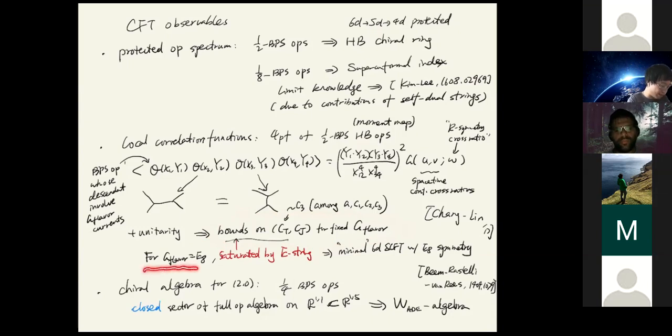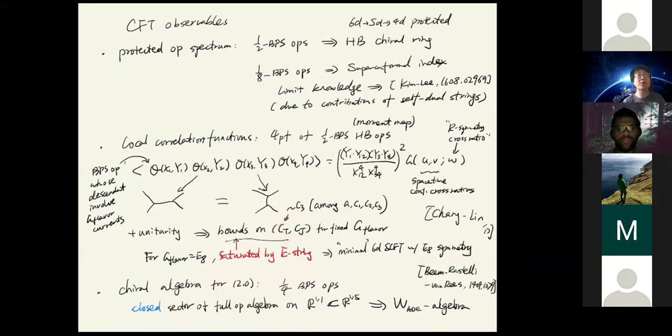And in the particular case, applied to the moment map operator generating the E8 flavor symmetry. So this is some putative CFT with E8 flavor symmetry. What one finds is that this bound is precisely saturated by the E-string theory, which has E8 flavor symmetry. So what this means is that the E-string theory is likely the minimal 6D (1,0) SCFT with E8 symmetry. Okay, as you know, there are many examples in F-theory construction or M5, M9 construction with E8 flavor symmetry, but E-string would have to be the minimal one, the one with the minimal central charges with that property. Okay,